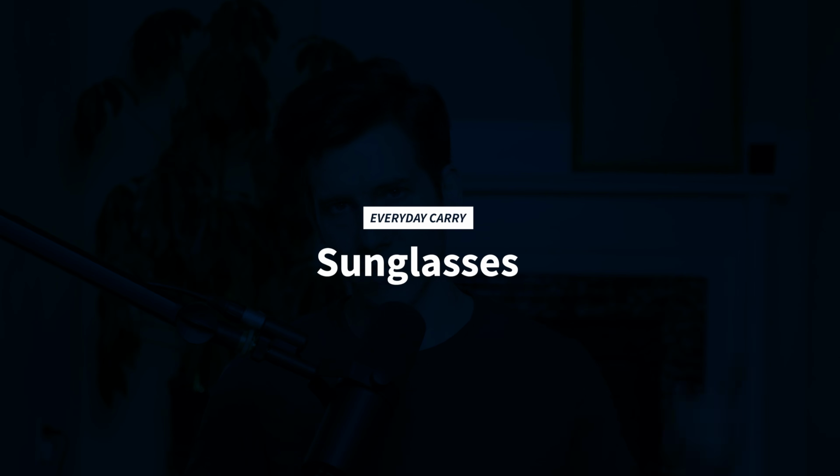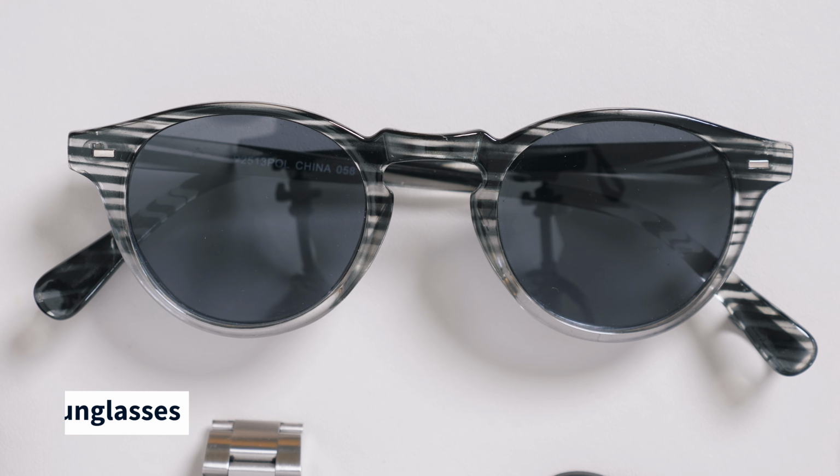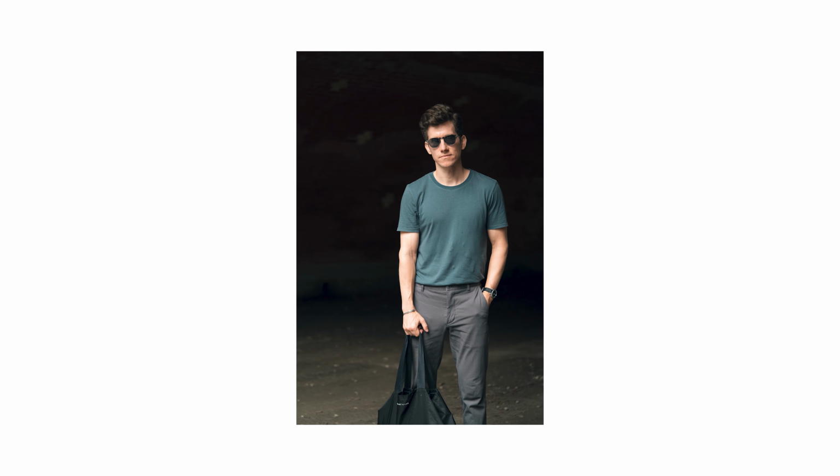Next up, we have my sunglasses. So I wear sunglasses pretty much every time I leave the house, except for at night. I've owned a few pairs of nicer, higher end sunglasses, even some prescription sunglasses, but my last pair broke, and so right now I'm just wearing these cheap sunglasses from some online shop that I don't think is around anymore. They cost like $15, so they're nothing special, but they happen to fit my face really well, and they stay